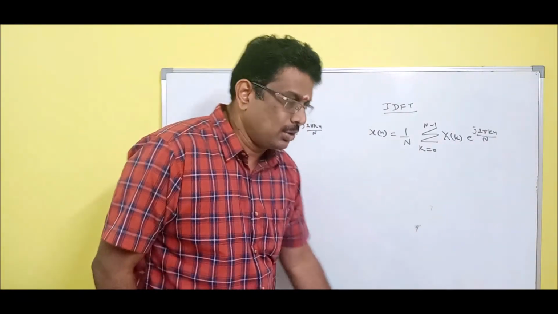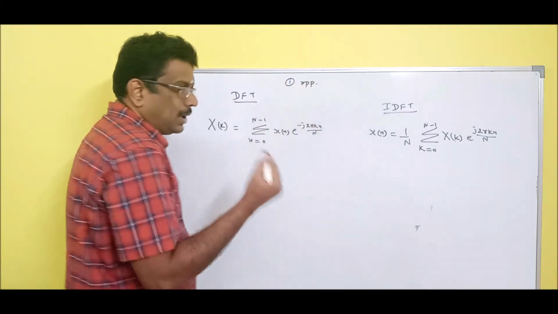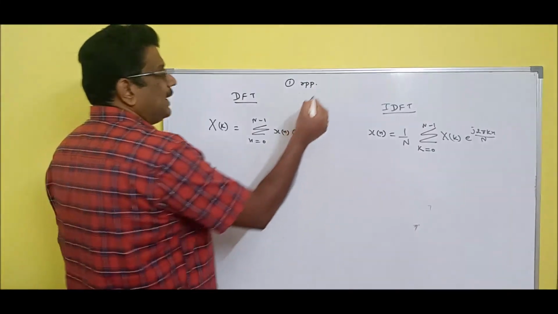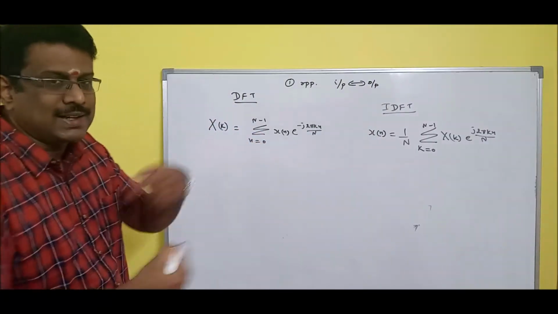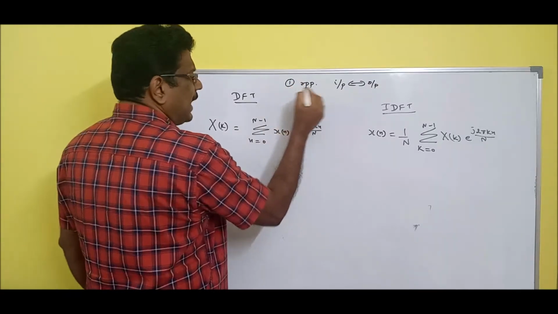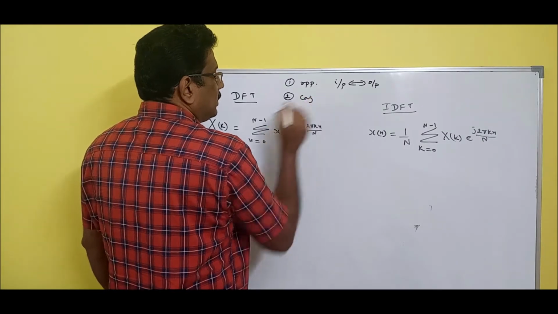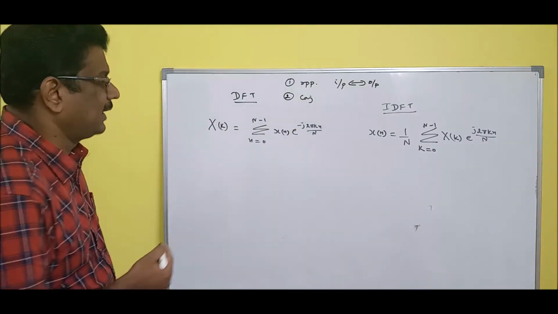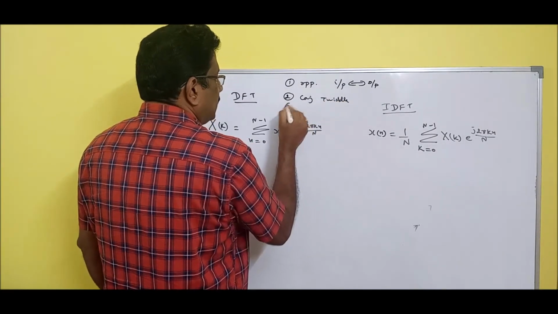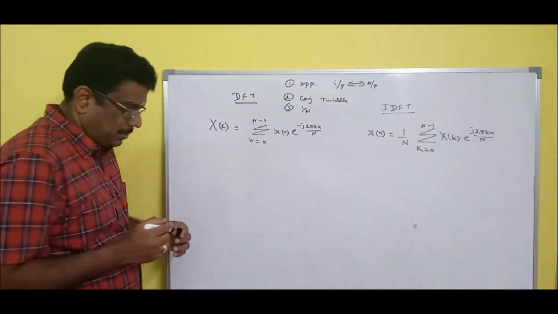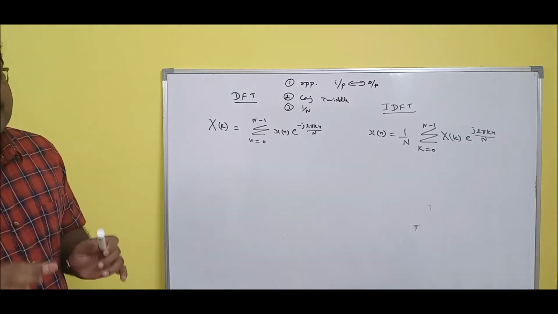Please remember. So let me recall. What are the first major points? Opposites. Am I right? Opposite, that is, input and output will be interchanged. Input becomes output, output becomes input. That is reversing the diagram. Number 2, what is the next I told? Conjugate. Complex conjugate the twiddle factor. That is the major issue. Number 3, 1 by n. Please remember, don't forget this particular statement. This is the idea behind DFT and IDFT differences.